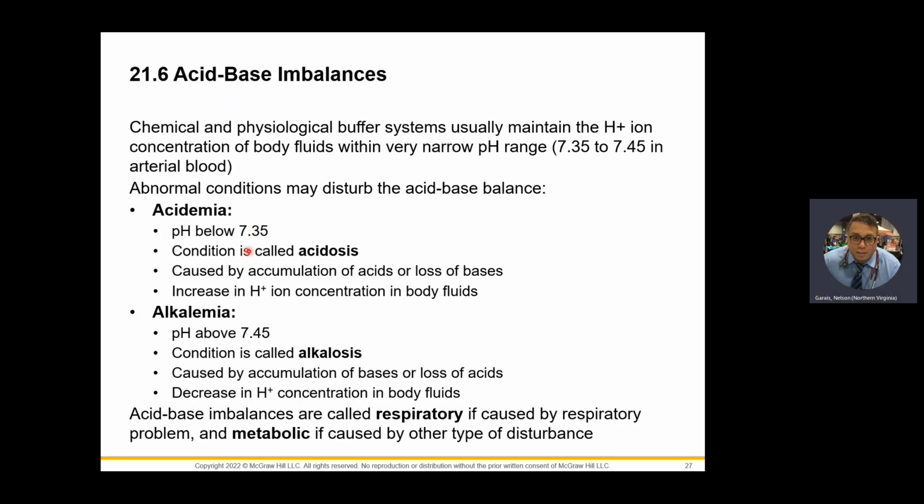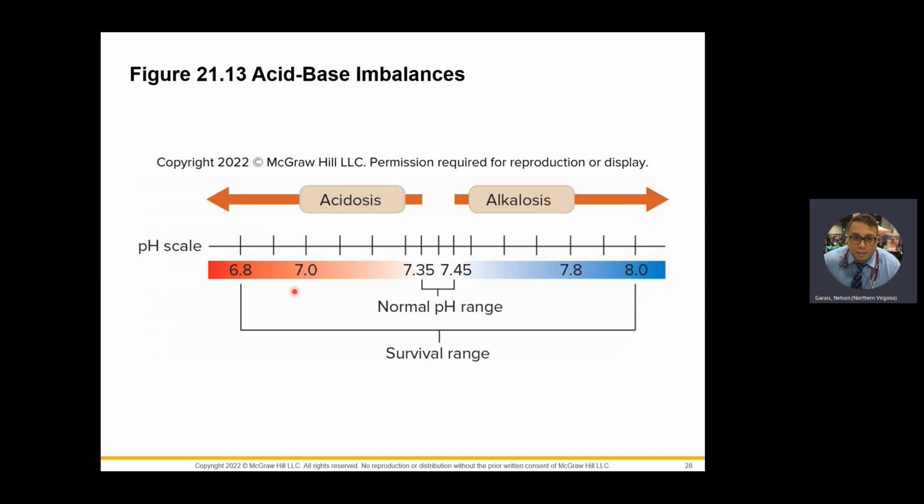Of course, pH below 7.35, acidemia; pH above 7.45, alkalemia or alkalosis. And here is the range 6.8 to 8, that's the survival range. So 6.9 or 7 is very acidotic for a human being. 7.8 or 7.9, that's very alkaline. Remember, acidosis has a lot of H pluses. Remember, on this side, pH is closer to 1. So this side has a lot of